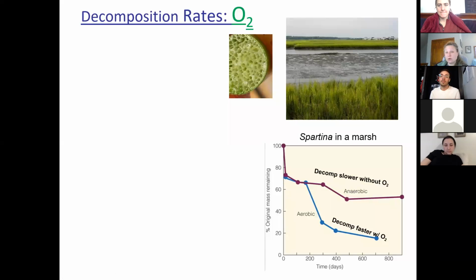Now, we also talked about oxygen, right? Especially in water where oxygen can be limited. Remember, we talked about those wetland plants that had parenchyma, the holes that allowed for oxygen to diffuse quicker, a unique strategy, just like we talked about pneumatophores, the cells that allow the mangroves to take in oxygen. But these wetland plants have these parenchyma pockets, which allow for greater oxygen efficiency.